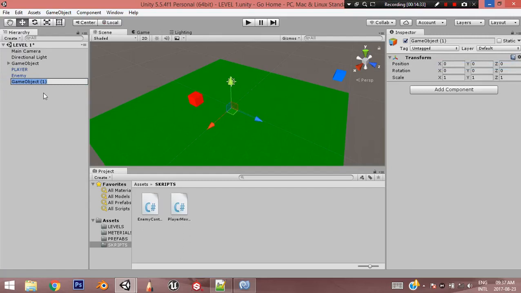and say enemy root, and we're going to add on the y-axis 0.25, and then in the root position we're going to add another one,